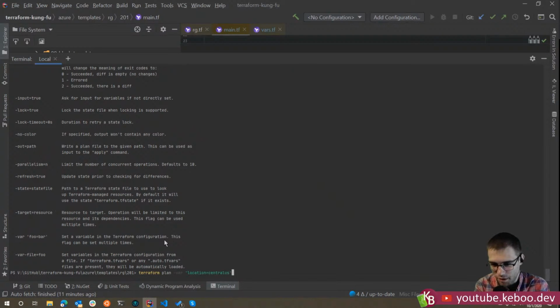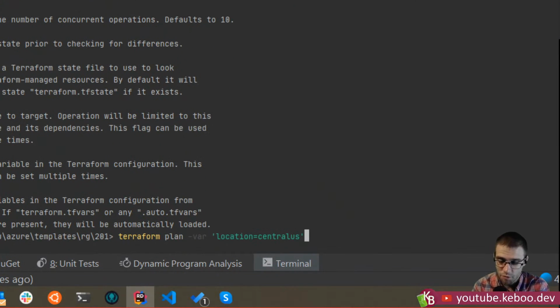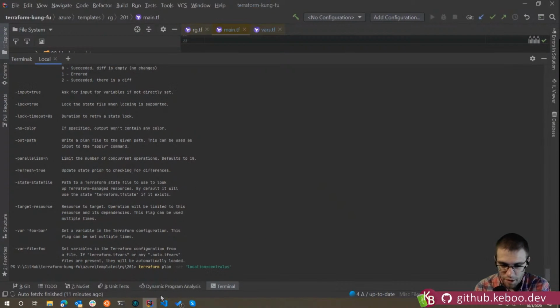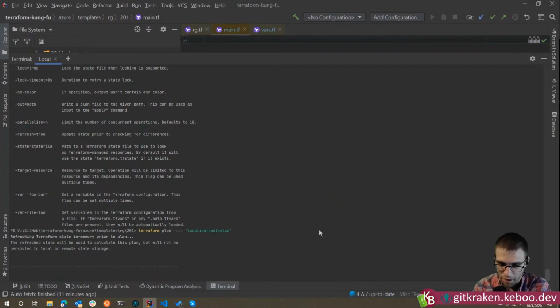So if you run this plan, it should rerun a new, effectively, what-if, showing what's going to happen. It compares your state file, which is empty right now because we haven't done anything with this directory yet, and then your script, which says create a resource group. But in this case, we're going to change the value for the location variable and say it's now going to be Central US. So let's try that. Assuming we've done all of our stuff correctly, our plan hopefully changes. If it doesn't, we have a bug.